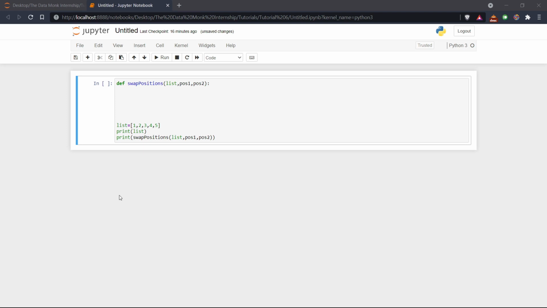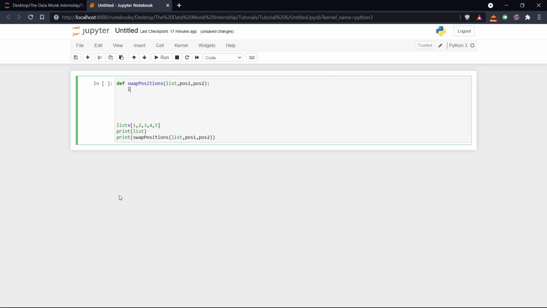So in comma assignment, the program is written so that both the variables use the assignment operator and comma operator. So list of pos1, comma, list of pos2 is equal to.